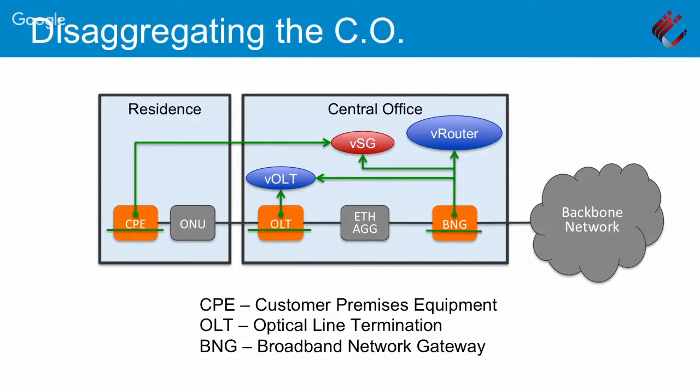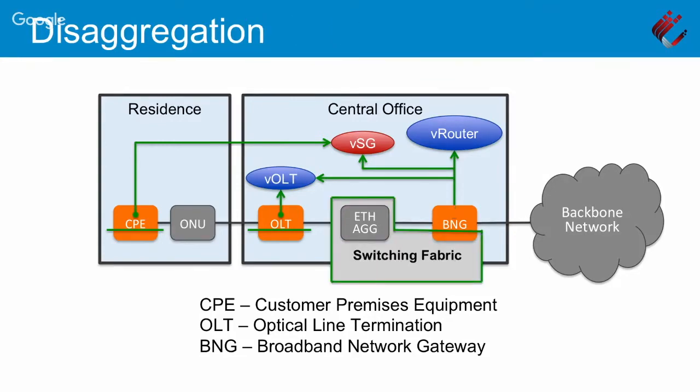Finally, the data plane of the BNG and the switch, the Ethernet aggregator, is in fact the switching fabric. So if you go back to the previous picture where I showed you this leaf spine switching fabric, which Saurabh's going to tell you more about, that is what is left over in terms of the BNG. So the BNG does not exist in this architecture. And as Al was mentioning this morning, we can now reuse these other pieces in different ways. So vRouter is going to be usable by a lot of different configurations of CORD.